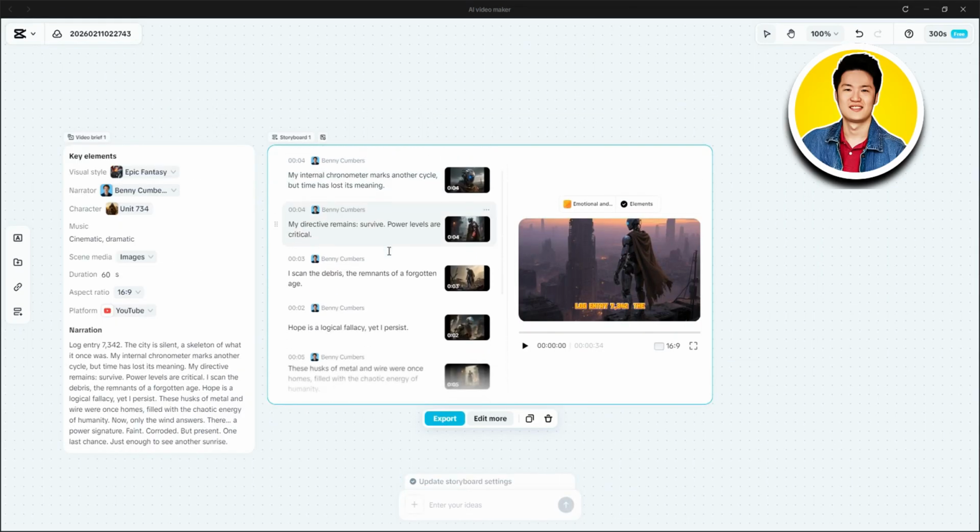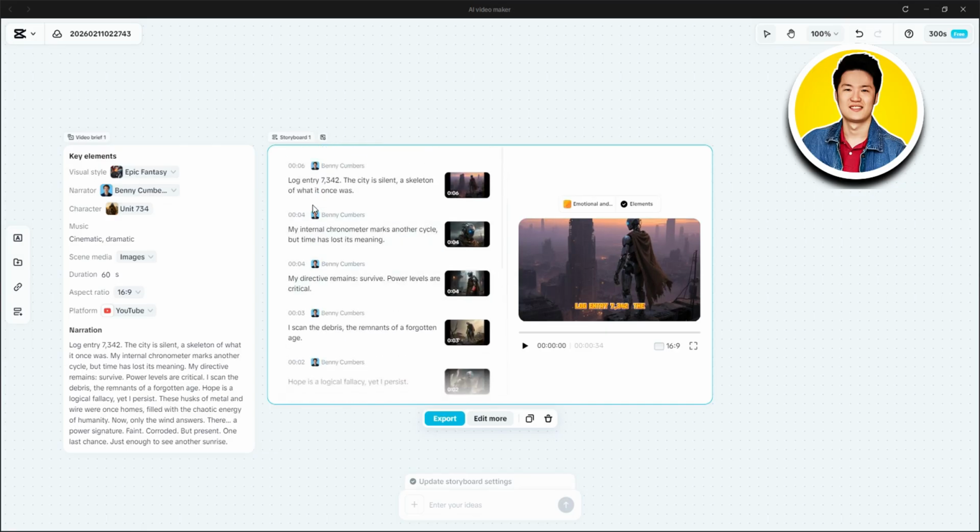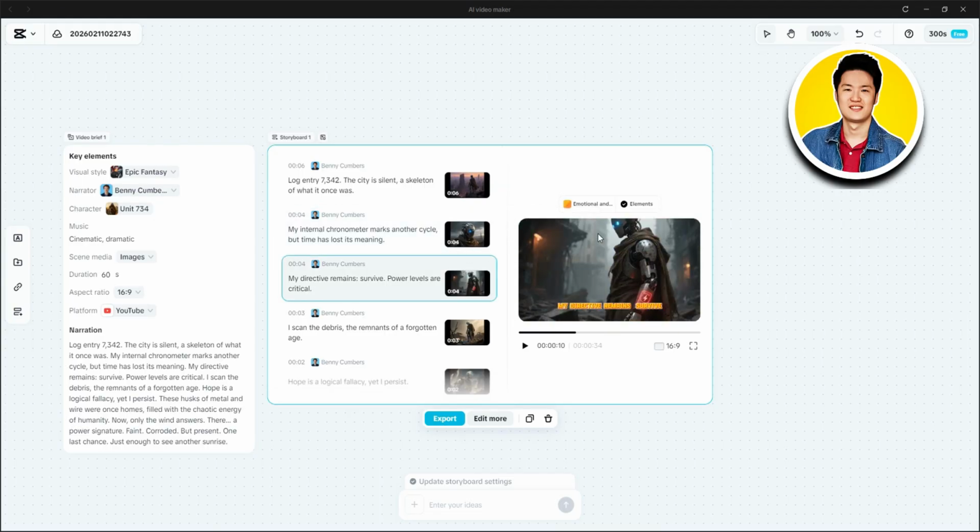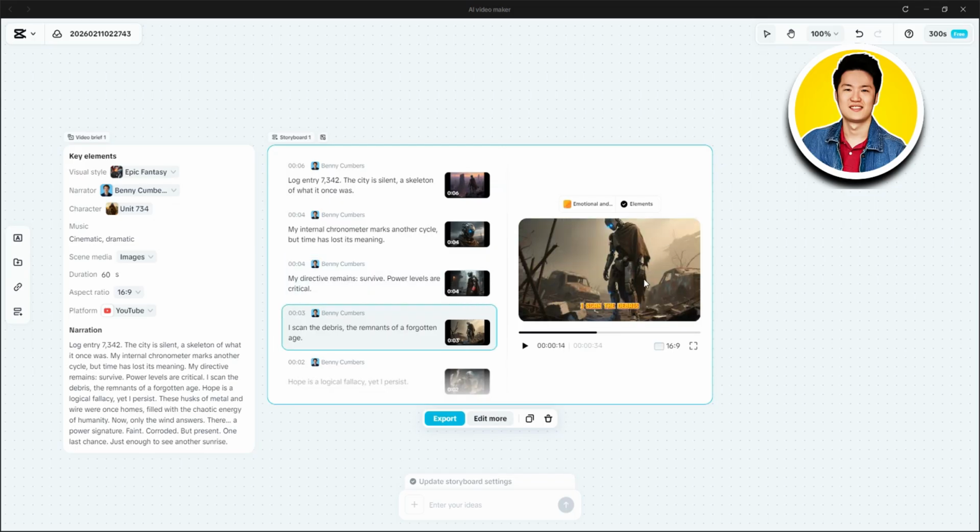For example, if you hover over on any part, you will get to see some options like these. And if you click on the three dots, you will see the option to delete or duplicate that section. You can use this for any of the sections that you want. And here on top of the preview, you'll be able to view the music added to your video.